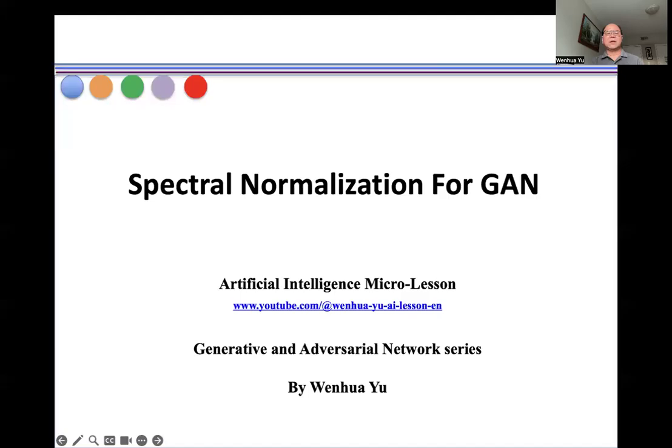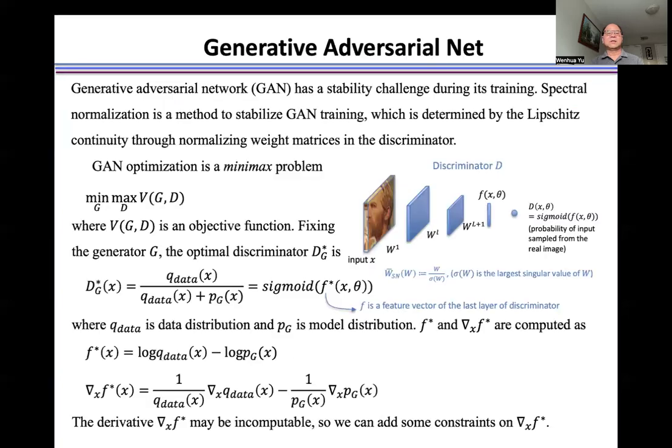In this video, I introduce spectral normalization for GAN. Generative adversarial networks have a stability challenge during training. Spectral normalization is a method to stabilize GAN training, which is determined by Lipschitz continuity through normalizing weight